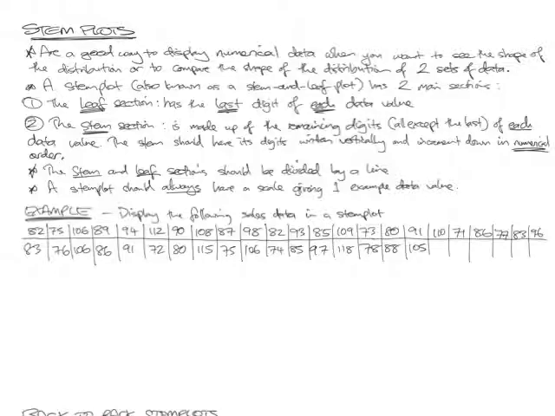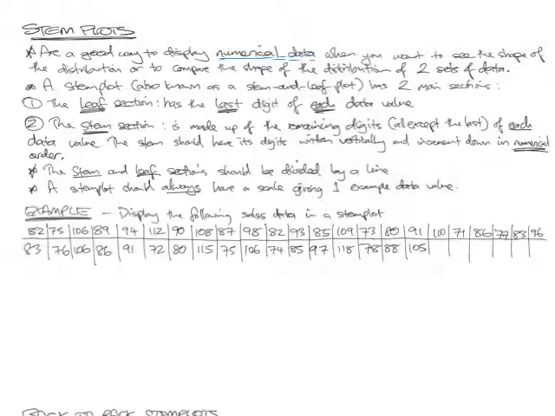So this next section is about another way of displaying data, but stem plots in particular are good for displaying numerical data. And we've spoken about that. Numerical data is special because of the nature of the data. It's numbers, they all have a relation to each other. They have an increasing or a decreasing order. So